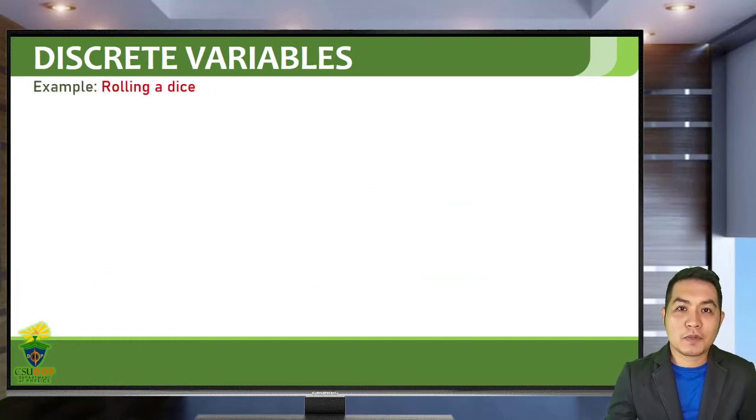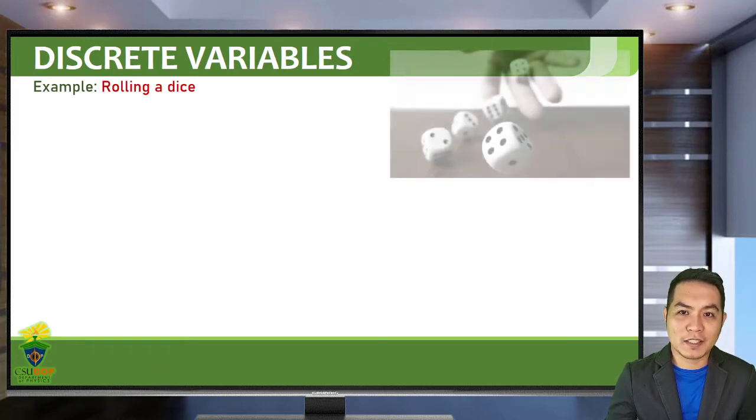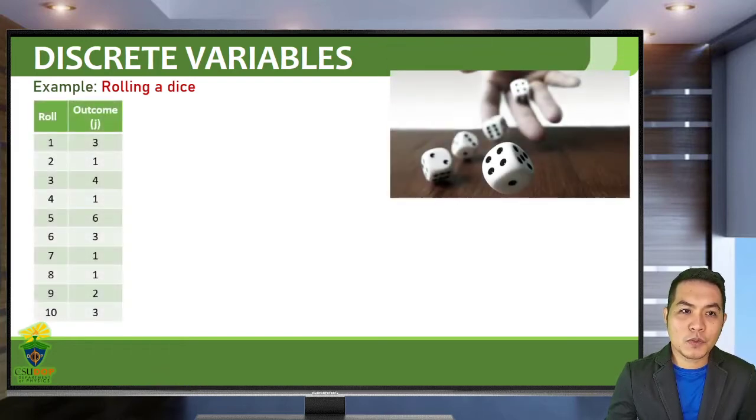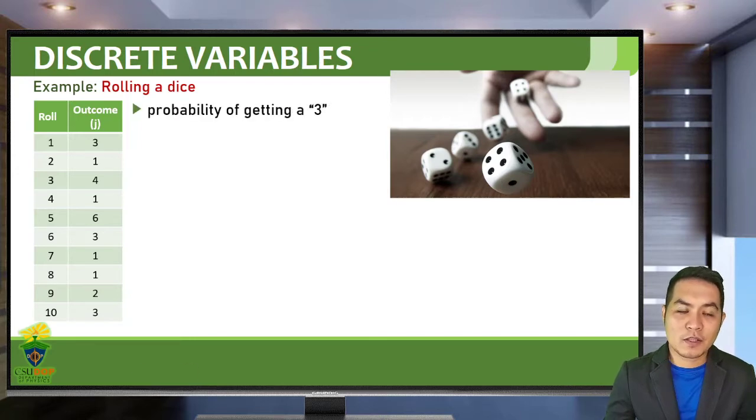So let's have an example for discrete variables: rolling a die. Suppose you roll a single die 10 times and record the outcome. There are only 6 possible outcomes in rolling a die: 1, 2, 3, 4, 5, and 6. If you're asked to find the probability of getting a 3, then based on our formula, it's just the